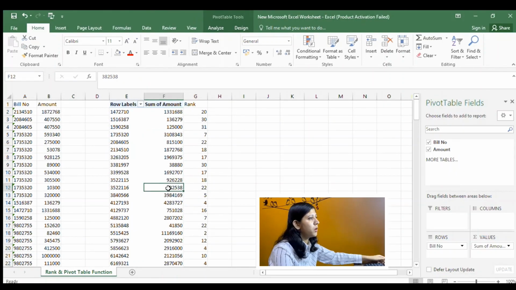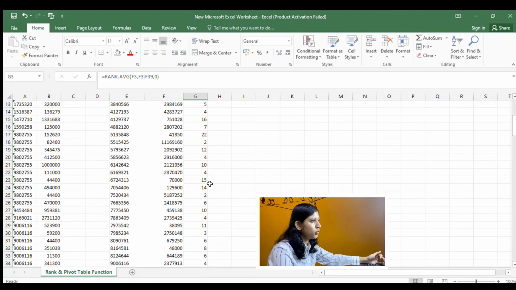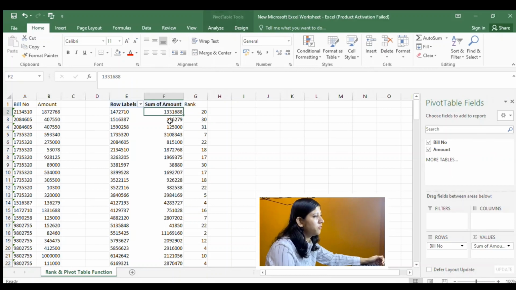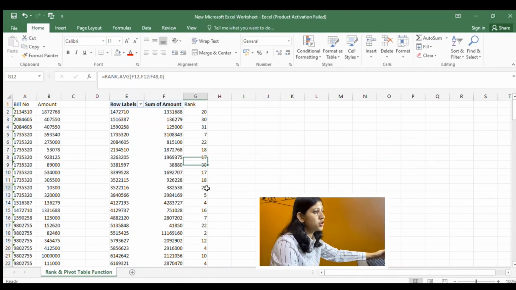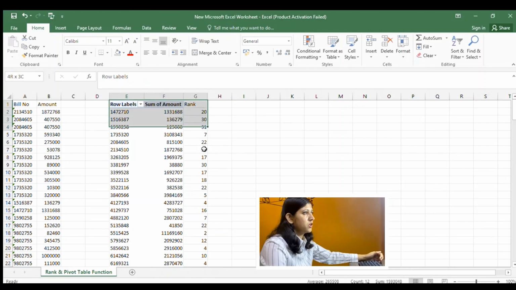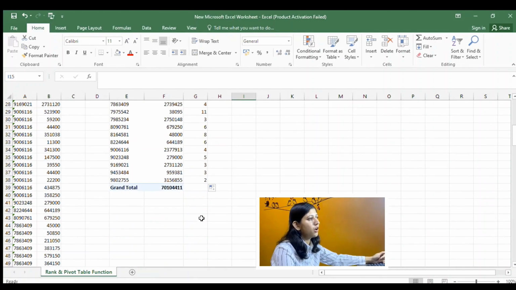Since there has been no amount which was the same in this case, there is no rank which is in points. If in case there was a value which was equal, the rank would have then changed. So this can help the person who's analyzing the data in many ways. You can actually summarize the data according to these.